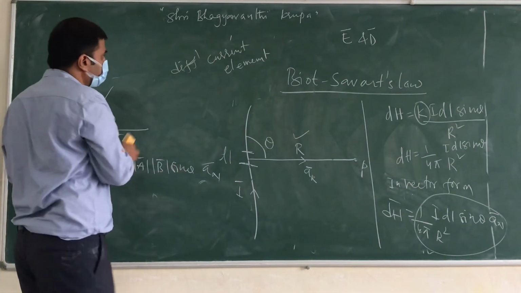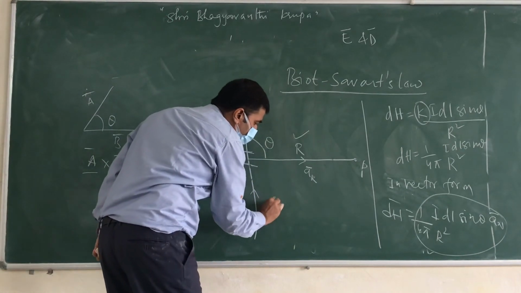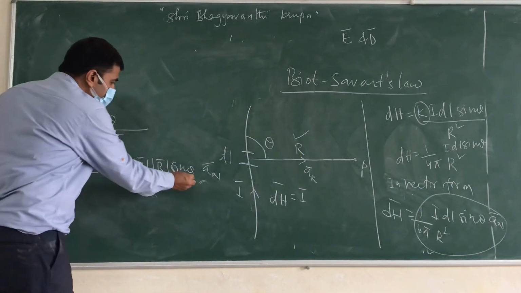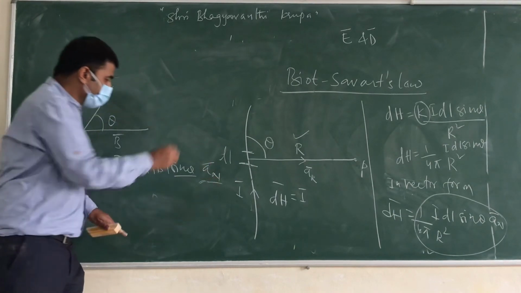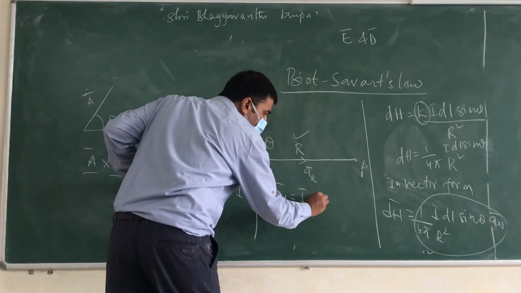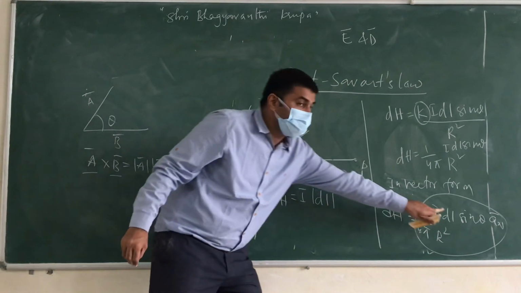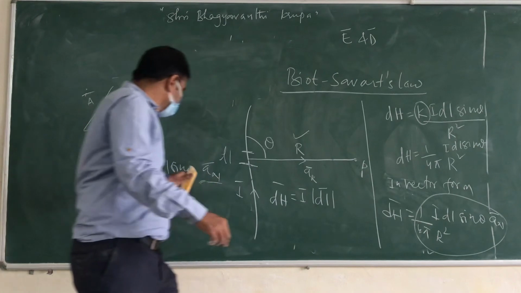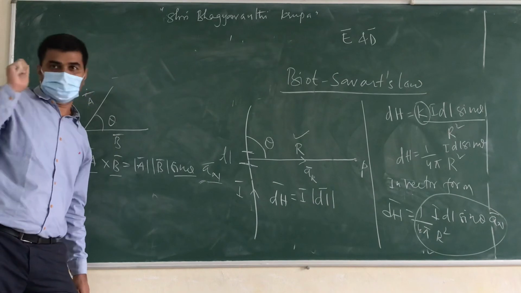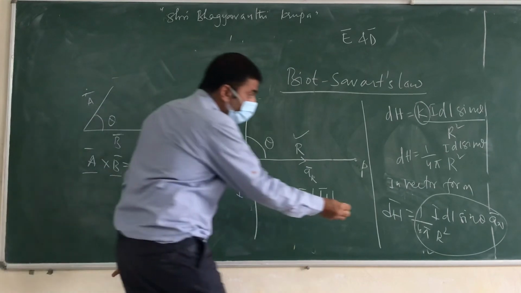How? Check it. Here itself, dH bar. See, sin theta is there, An is there, and shall I take dL as magnitude of dL bar? What is the magnitude of dL bar? dL. And sin theta is there. One more I need to take, whose magnitude is 1. Which is that? Somebody say? aR bar. See, what is the magnitude of this?